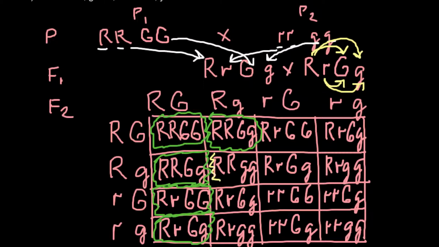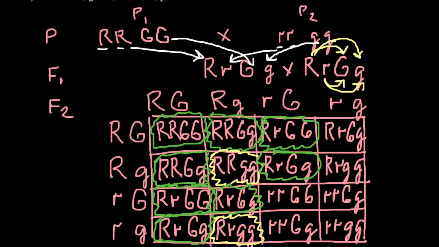So wrinkled and yellow. Next we have once again wrinkled and green, and next we have wrinkled and yellow. So wrinkled and yellow. Here we have once again wrinkled and green,